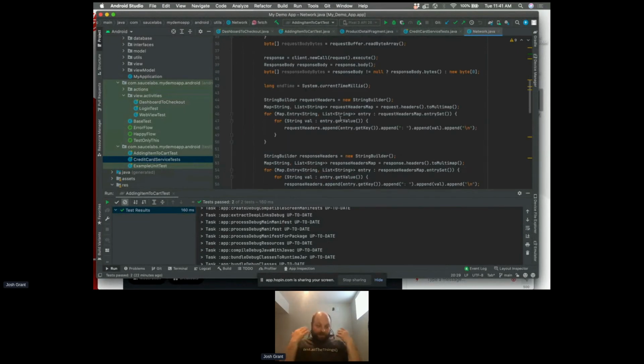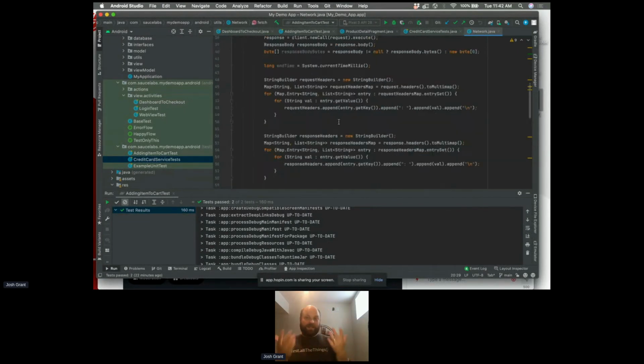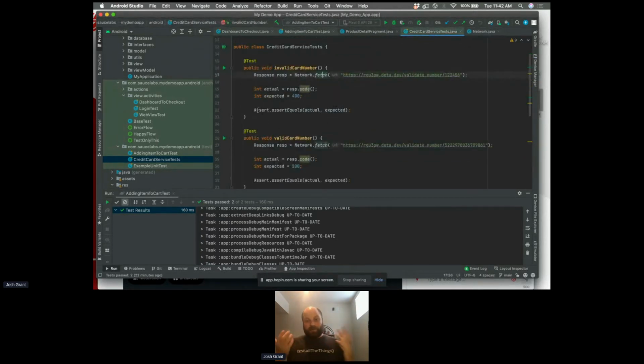So just to dispel any notion that this is some kind of magic that's happening, this is purely an HTTP client written in Java. So let's take a look here. Let's go back to our tests. And again, we can run these tests individually. So if we run this,